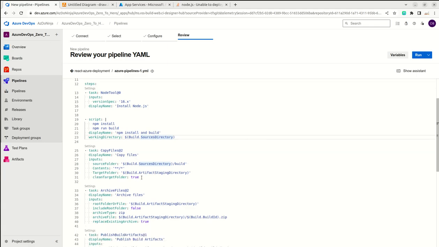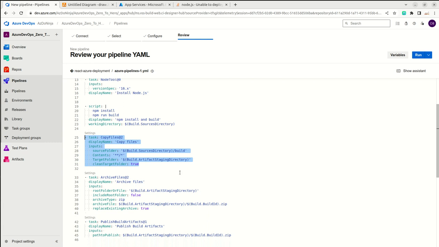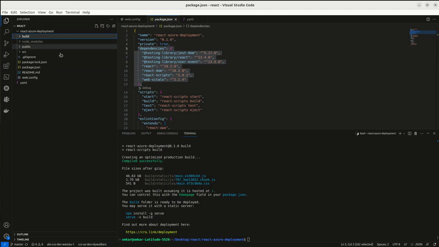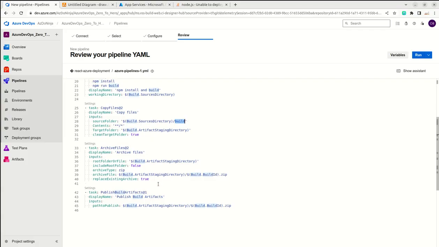So we want to copy this build directory to our artifact staging directory. So in our last video, we understood that this is the directory where we keep our artifacts before pushing it to our destination, that is Azure App Services. Okay, so with this task, we will be taking this build directory,